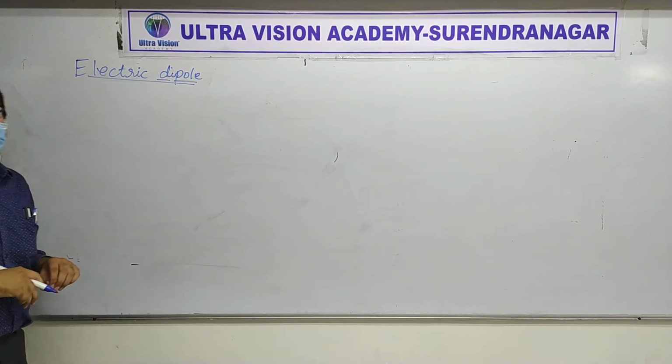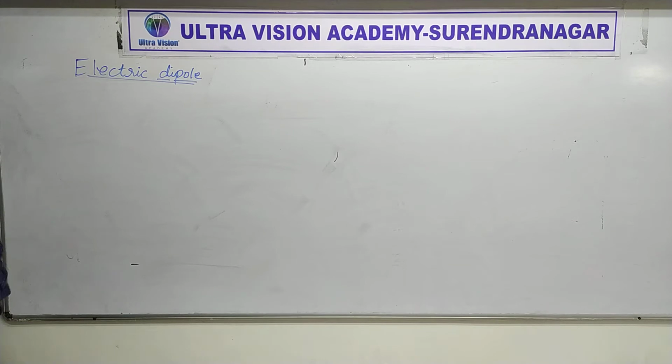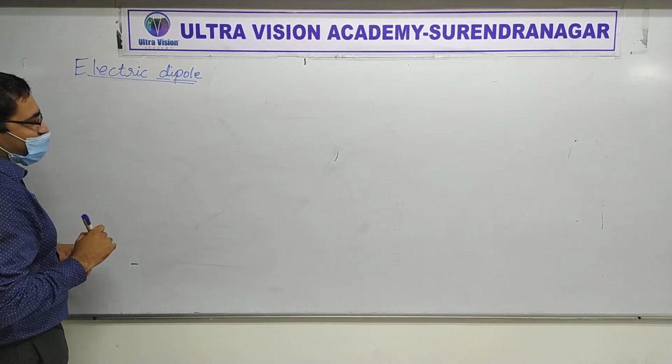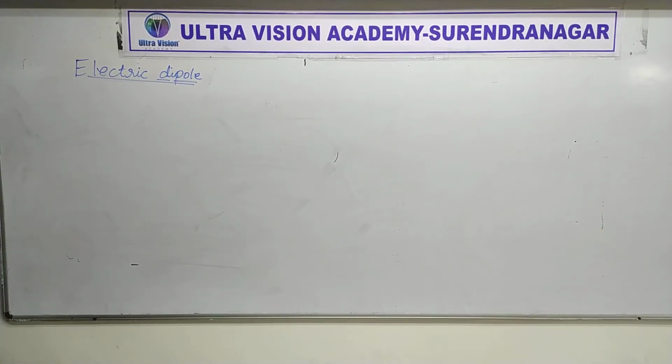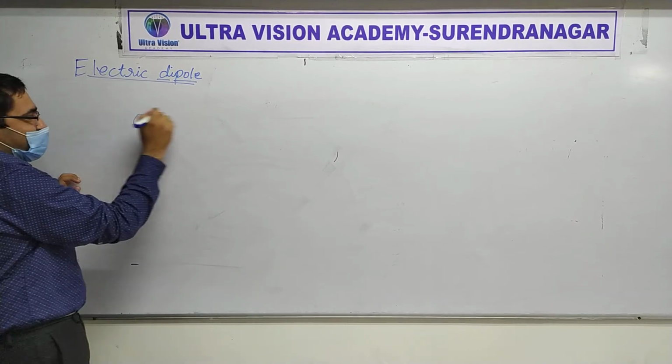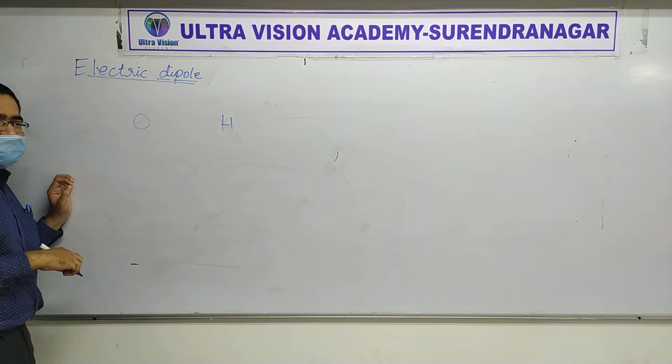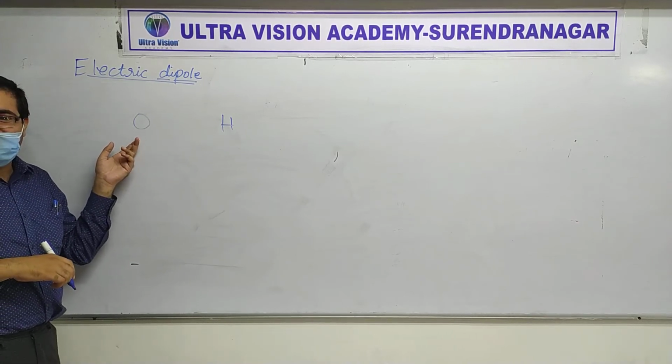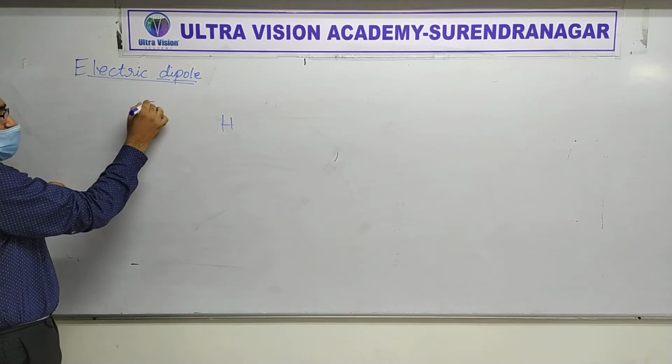Dipole means there will be how many poles? 2 poles. Right. Now I'm sure you have that much basic knowledge from chemistry that in molecules the dipoles are formed when there is a polar bond. Correct or not? So that one atom has more electronegativity and the other one has less electronegativity. For example, the OH bond. Yes or no? So what do you say over there? That oxygen gets what charge and hydrogen gets what charge? Oxygen gets, you say that it gets a partial negative charge.